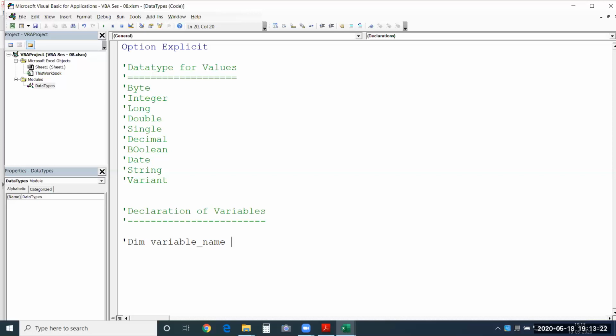No special characters other than underscore. It can have numbers, but text followed by number is fine. And no VBA keyword can be your variable name. Like dim, sub, end, if, these things cannot be your variable name.